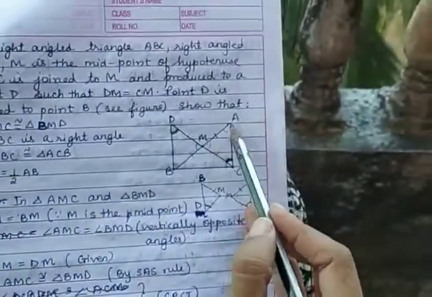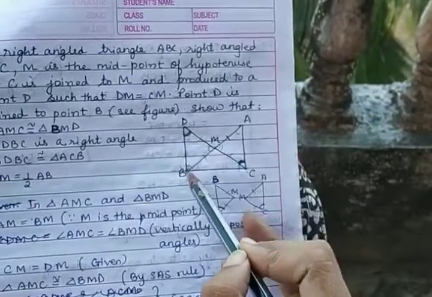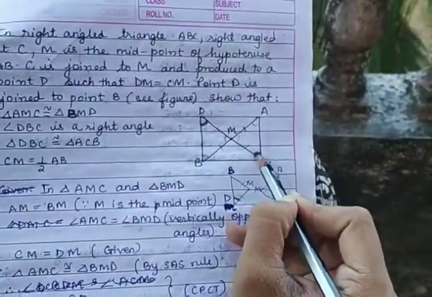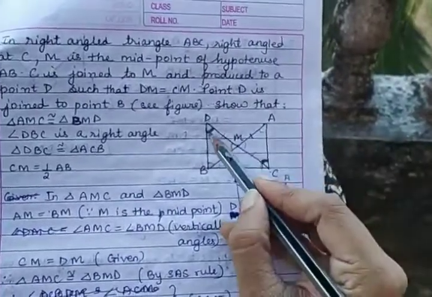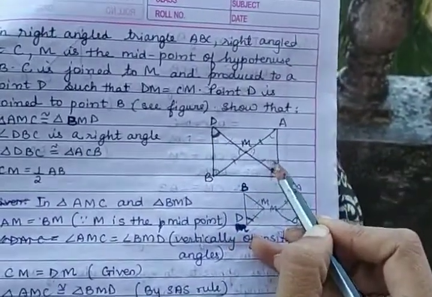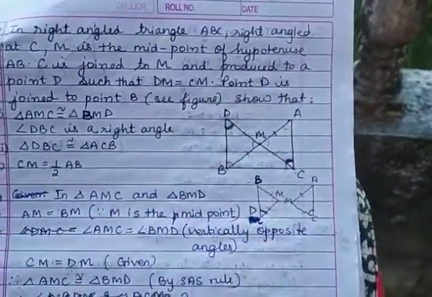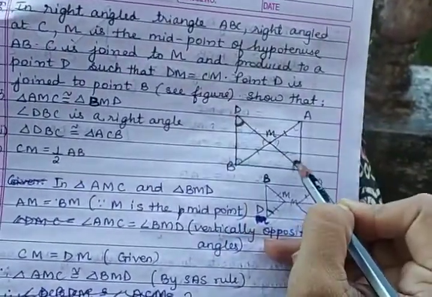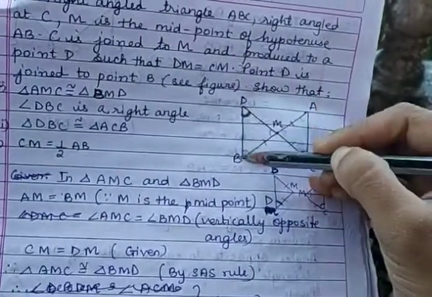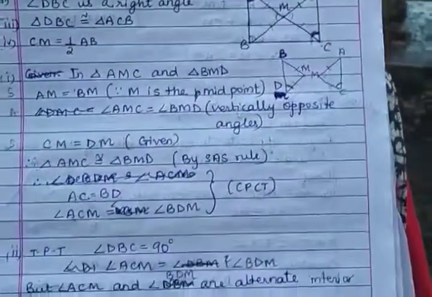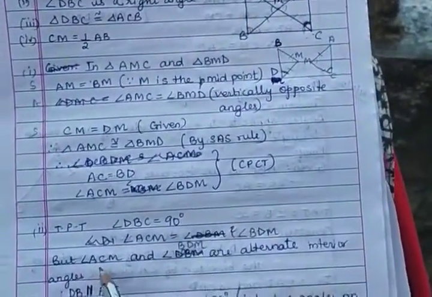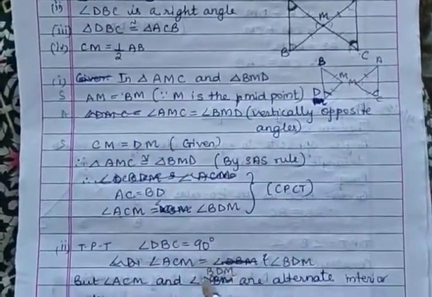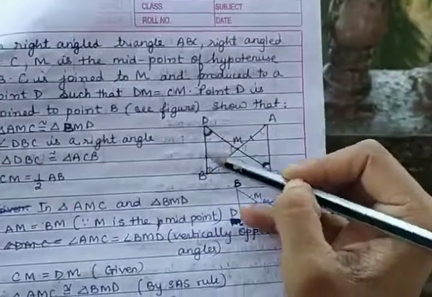So we have seen that angle ACM is equal to angle BDM. But if you look at this, these are alternate interior angles, correct? And you have learned in lines and angles that if one pair of alternate interior angles are equal, then the two lines have to be parallel, correct? So since ACM and BDM are alternate interior angles and they are equal, I can say that DB is parallel